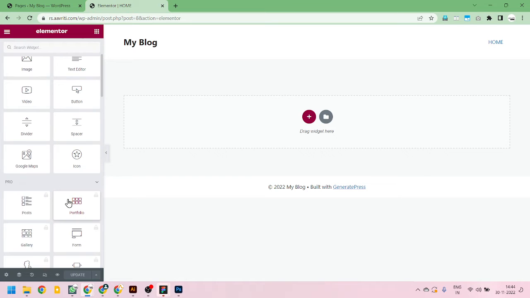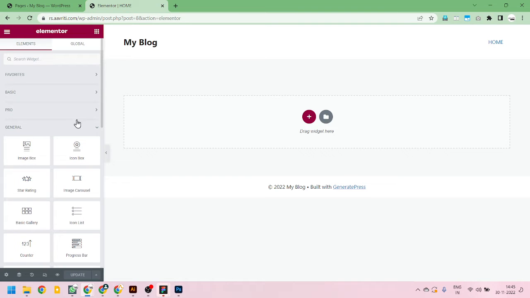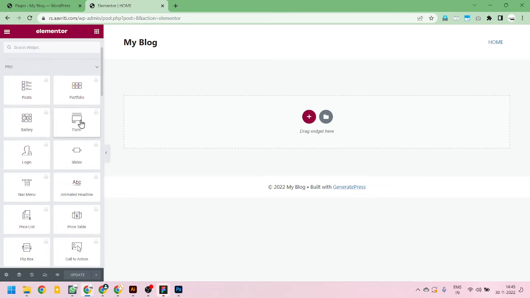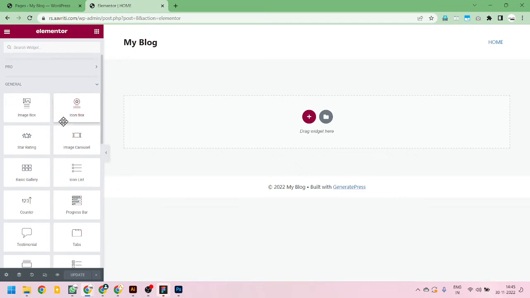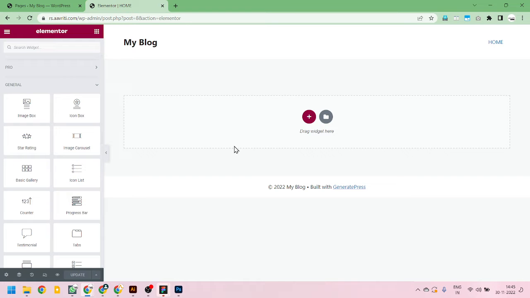Now first thing first, we want that place, and we want that slider to keep on moving and changing images. We can place the slider by looking here at the top. At the left hand side we have basic. These are the tools. Basically, if you go for the paid version, you will have access to these pro tools also, but the general tools are also fine to create a decent website. So I'm going to go for image carousel and then drag it here,